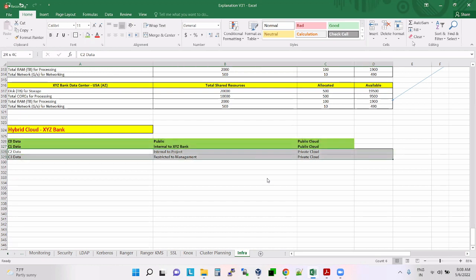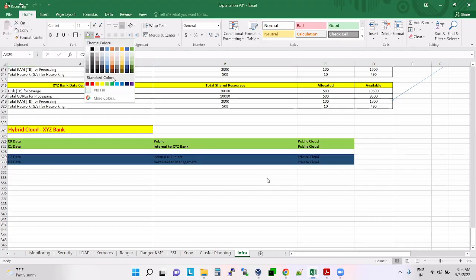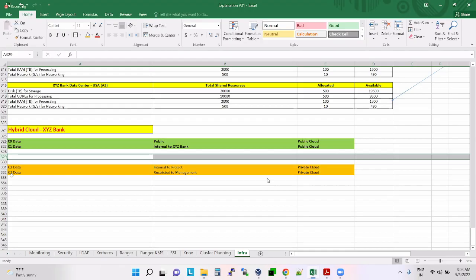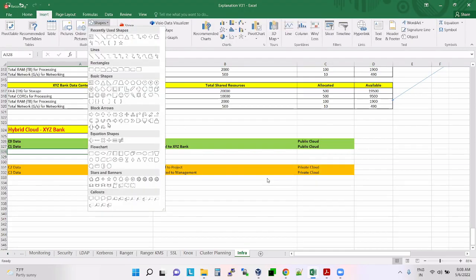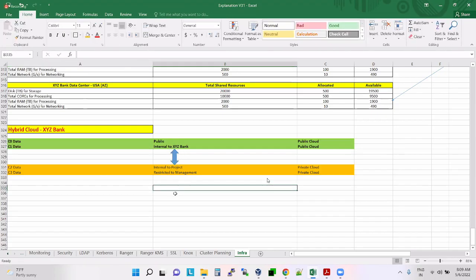Okay, and C2, C3 data they are putting in private cloud. So in this scenario, all your data is not in one place. Some of the data you are putting in public cloud, some of your company data you are putting in private cloud. So you are creating a link between these two. Whatever data you want to access, you can access. There is no problem at all. You can access public data from public cloud and private data from private cloud. So you have a link here.